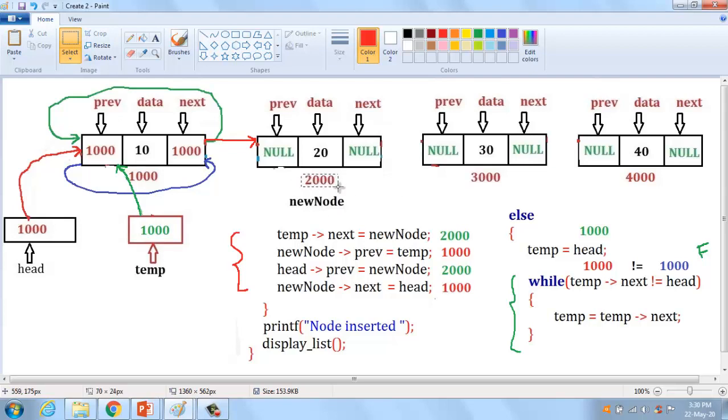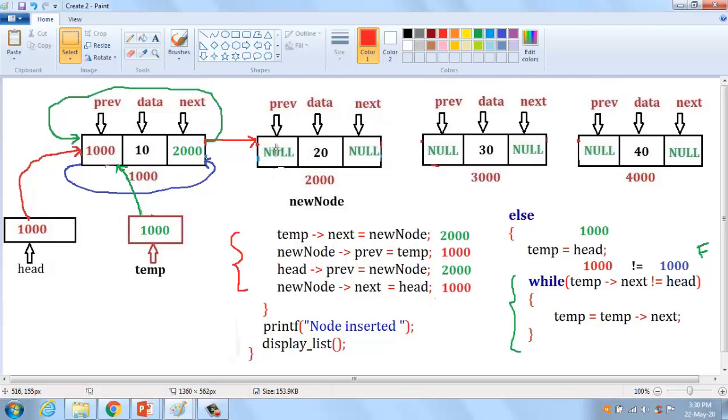Okay, we have to change here. Alright, understand, temp of next equal to new node. Temp is 1000, 1000 of next is 2000. We have to create a link, because in a doubly linked list we have two pointers, one is the next field and then the previous field, and then new node previous.